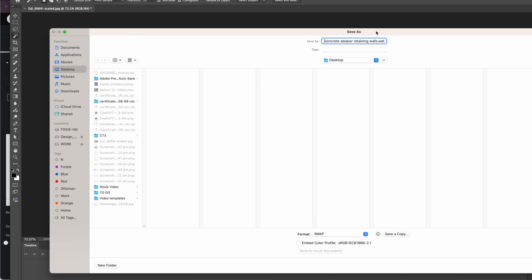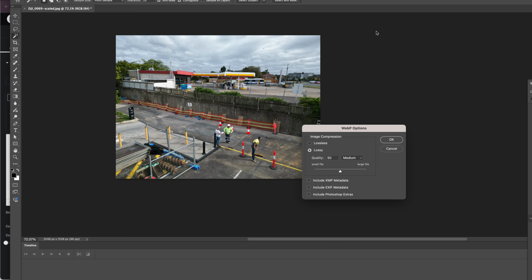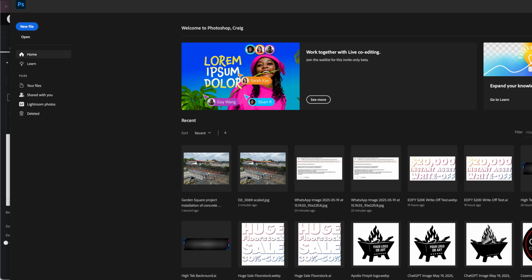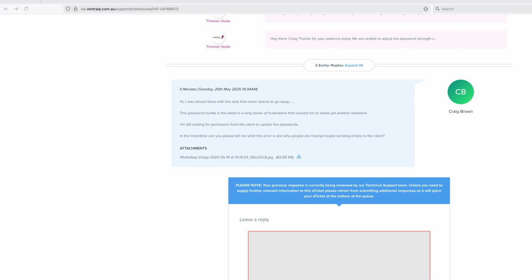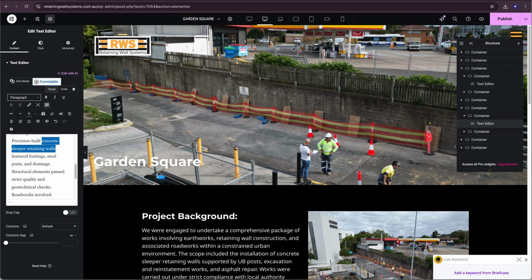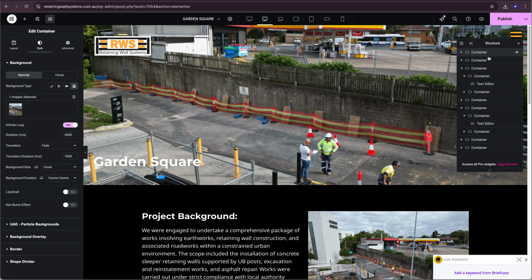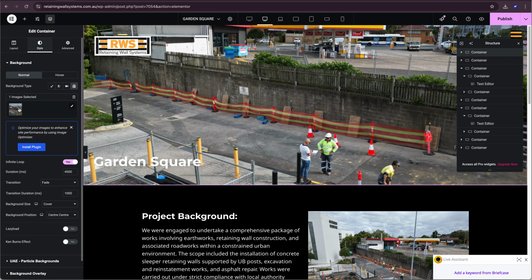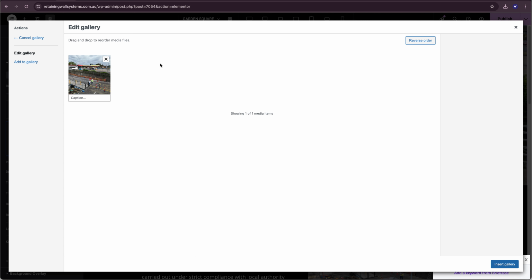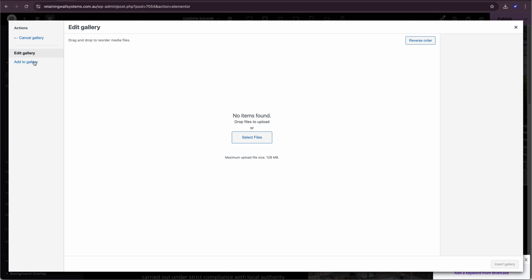So I'm going to call this image Garden Square Project Installation of Concrete Sleeper Retaining Walls. Okay, and I'll save that onto my desktop. And we'll go back into the browser, and with this photo now, which is the background of this container over here, we will get rid of that, and we will add,